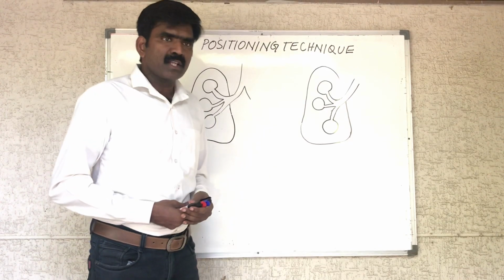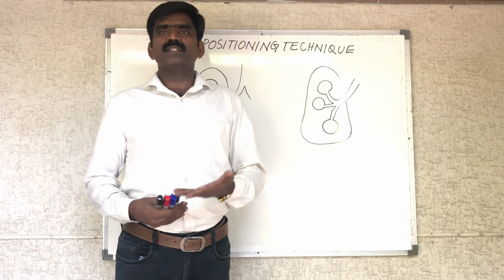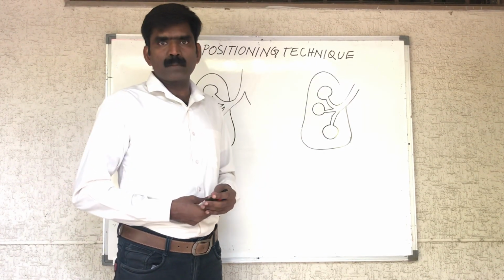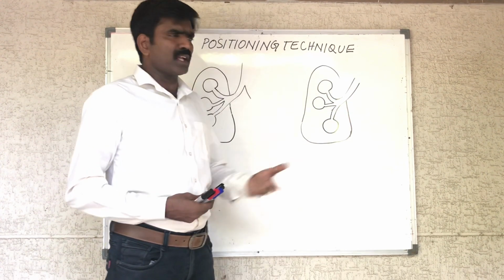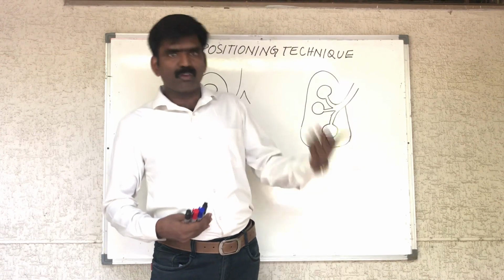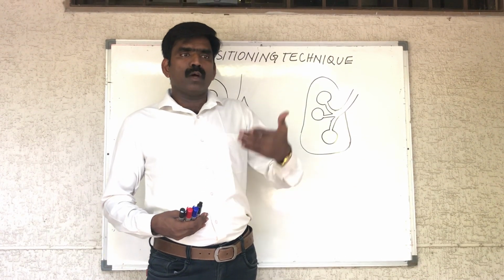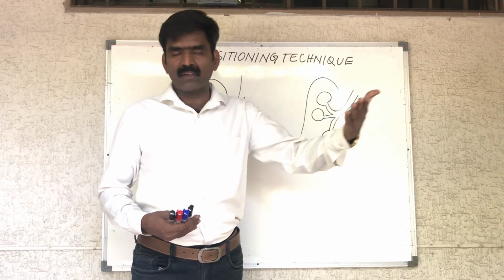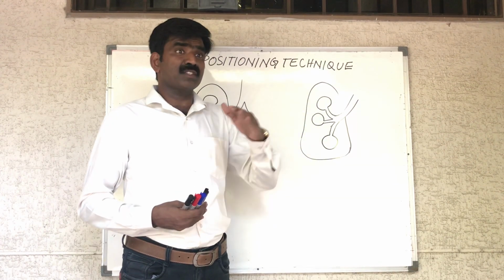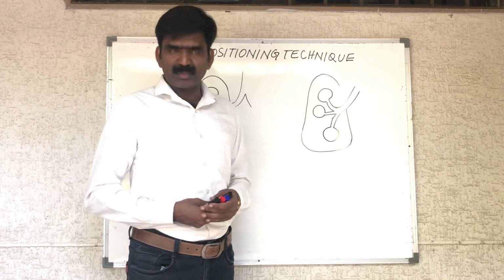clearance, the techniques used are postural drainage, autogenic drainage, active cycle of breathing, coughing technique, and huffing technique, and so on. There are many techniques. If you want to reduce the work of breathing, then the main aim is to raise the resting respiratory level, that is FRC. You have to increase the FRC, raising the resting respiratory level. It reduces the work of breathing.